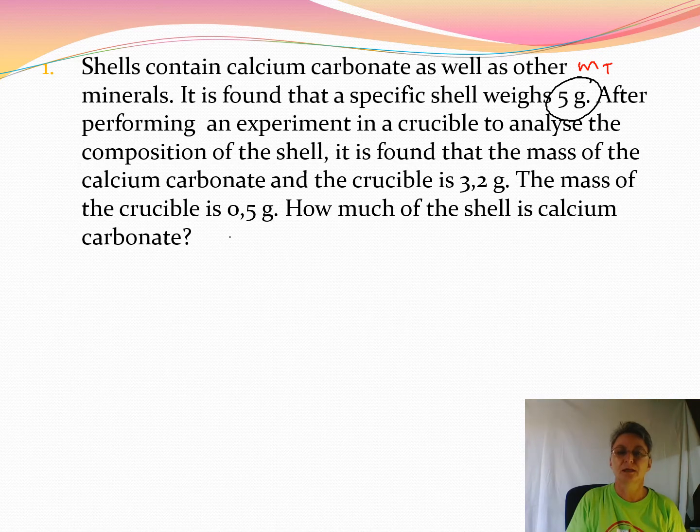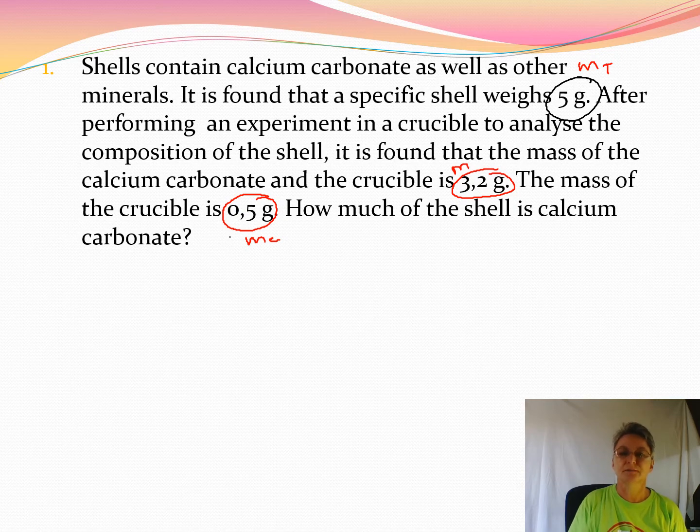After performing an experiment in a crucible to analyze the composition of the shell, it is found that the mass of the calcium carbonate in the crucible is 3.2 grams. So this is the mass of calcium carbonate. The mass of the crucible is 0.5 grams. So this is the mass of the crucible. How much of the shell is